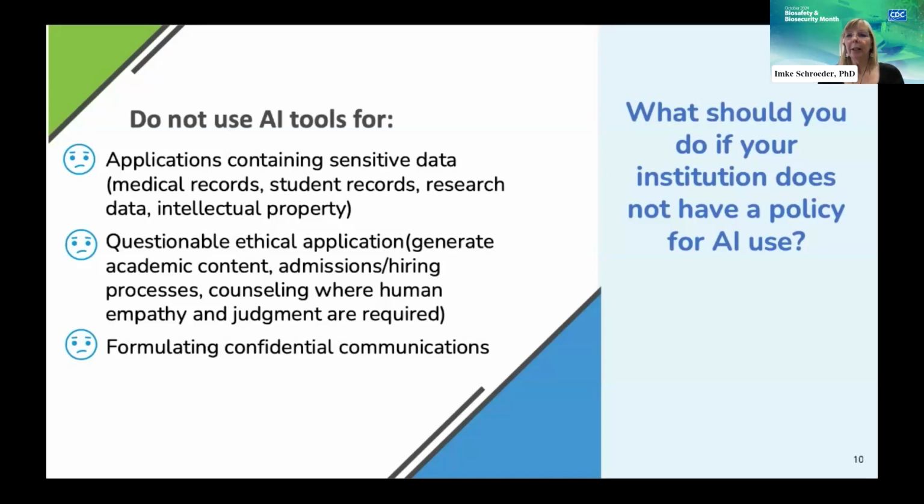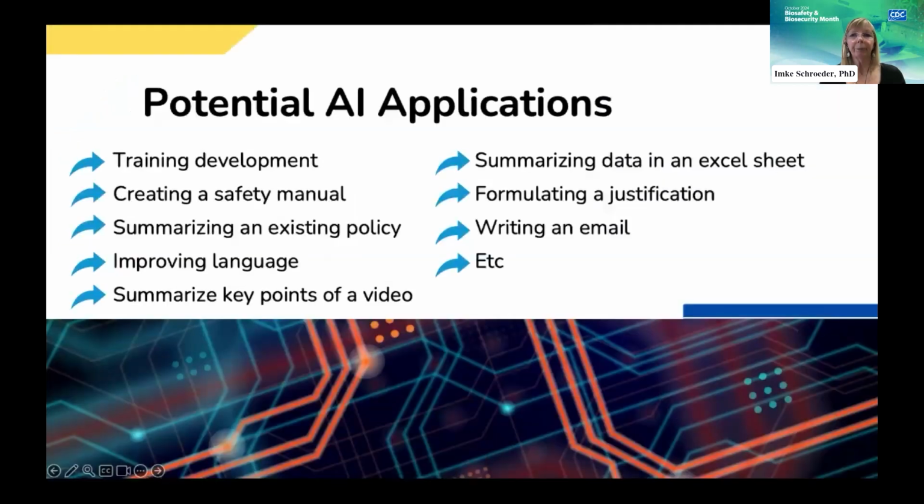Finally, do not use them for formulating confidential communication. However, there is a way to use AI tools for confidential data if your university or institution has a subscription service to it and a firewall. And I will describe how we are doing this at UCLA later in my talk.